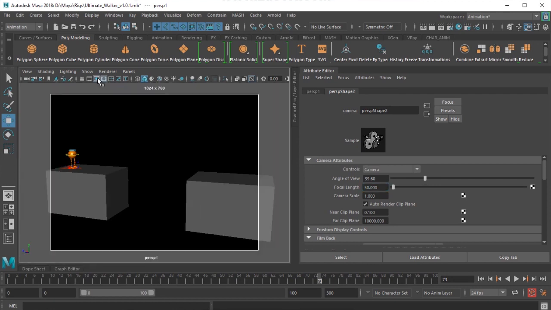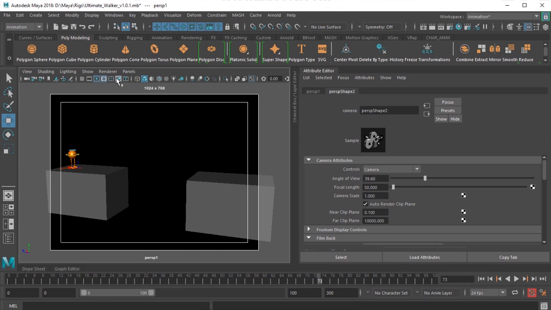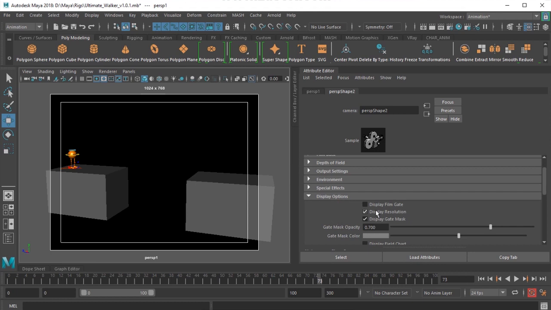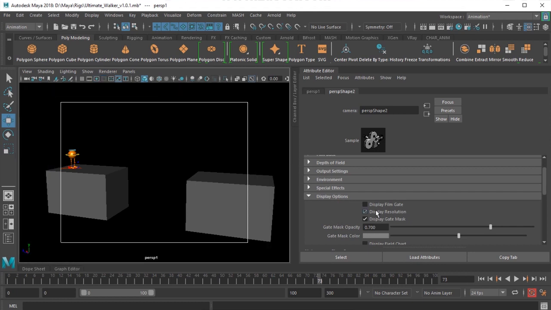I'll enable this resolution gate here and enable safe action gate, which I can do by getting into the camera's attributes in display.